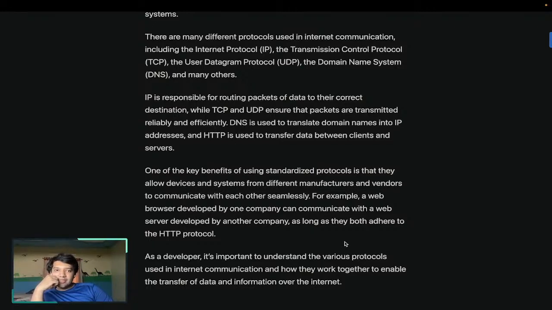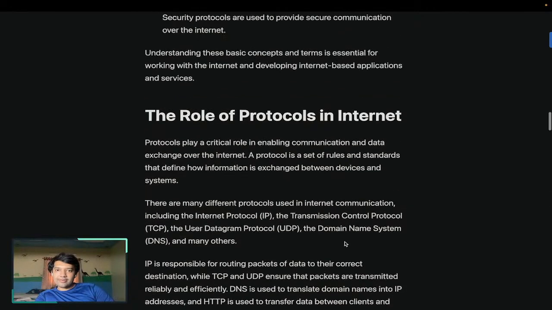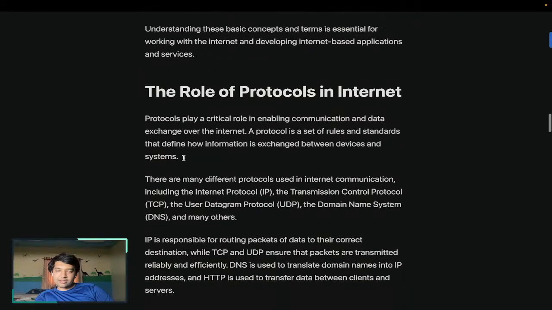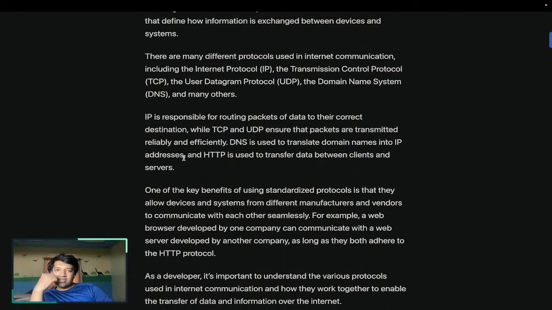TCP, Transmission Control Protocol. That was TLS, no? TLS, Transport Layer Security, and this is TCP, Transmission Control Protocol. UDP, User Datagram Protocol. So I think TCP creates a message circuit, and then the same path is followed by every packet, but UDP